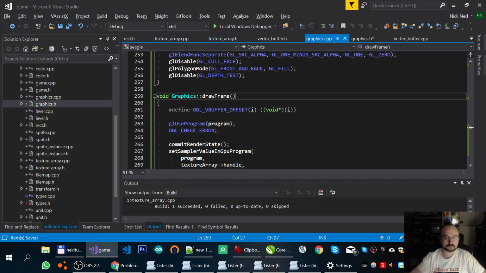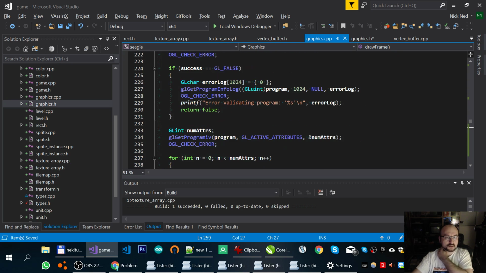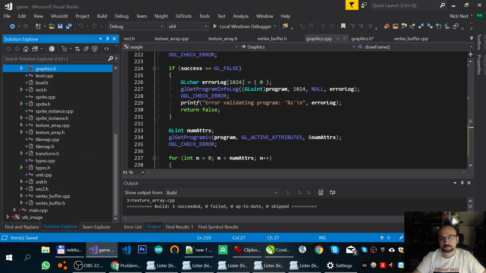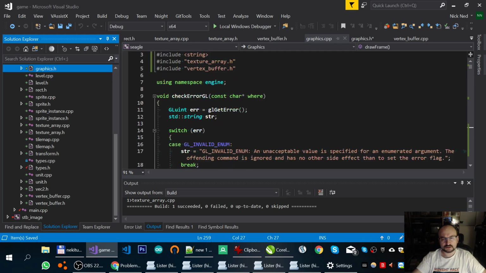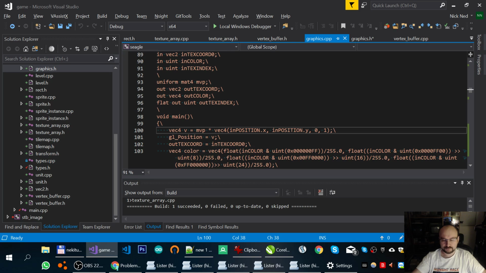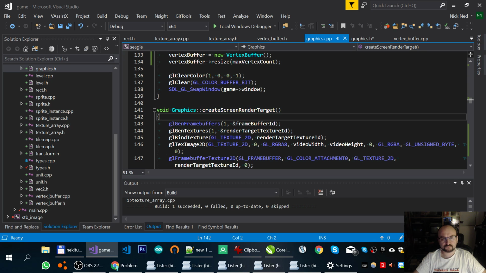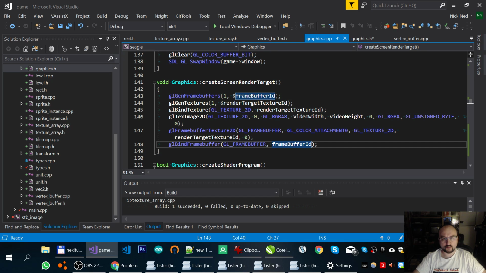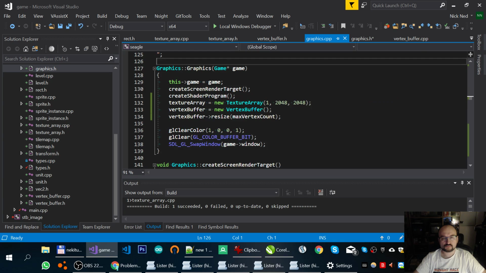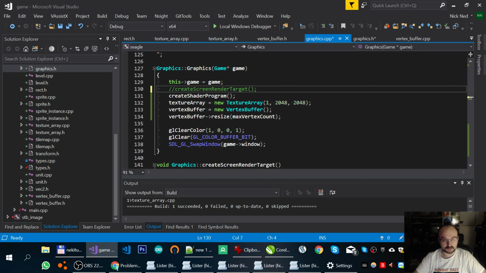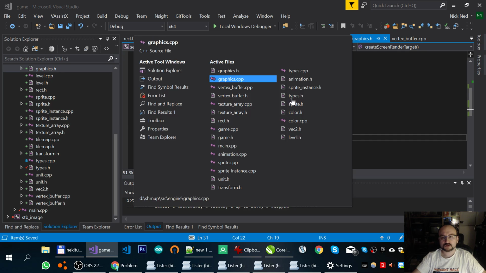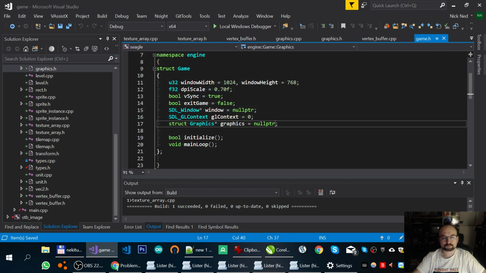Alright, so let's draw a quad even without any texture to actually check if it works, right? So how do we do that? The thing is that we have the render target bound, so it will not render into this one. Maybe we should skip it for now. Let's skip it for now. So we just render in our buffer, and in the game, in the main loop,